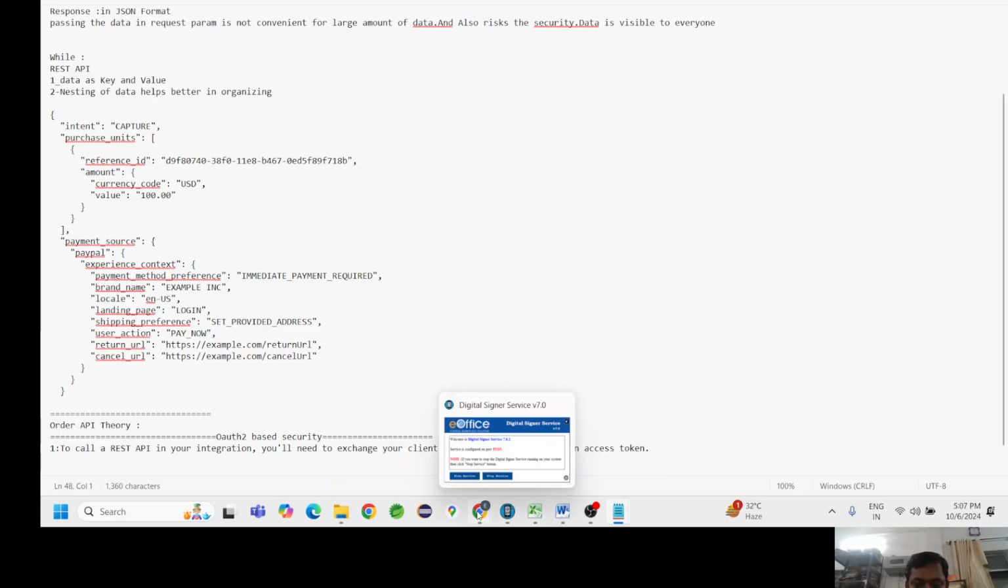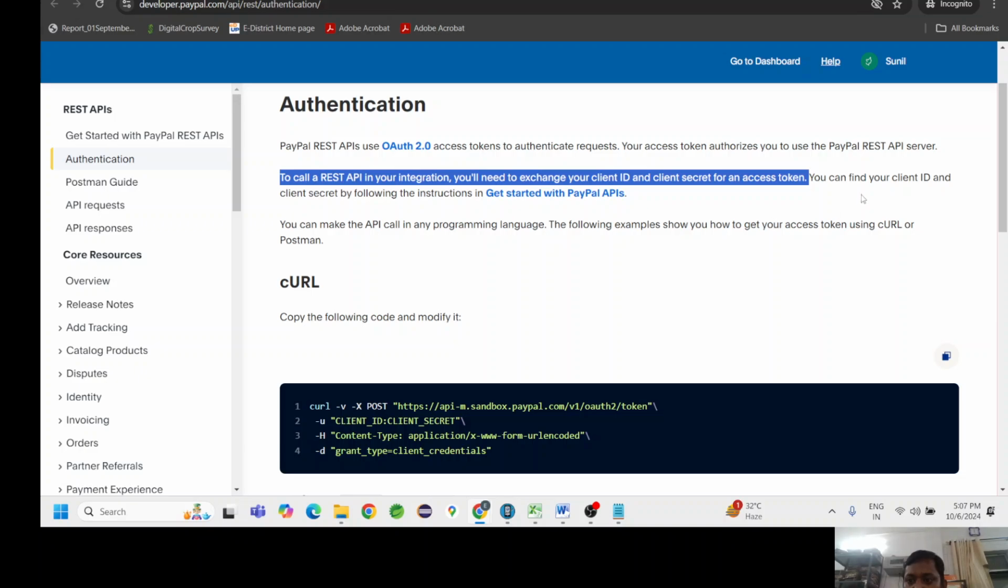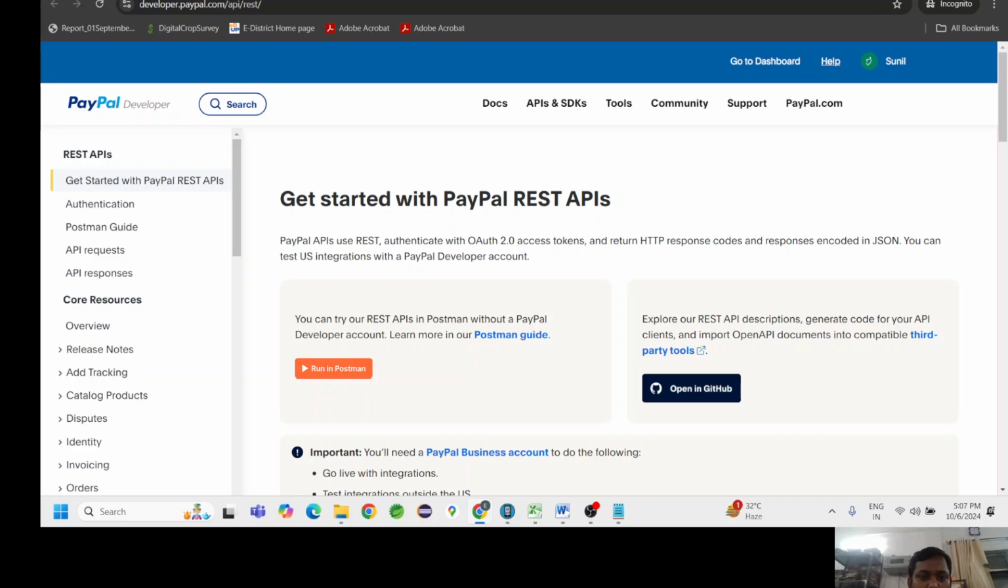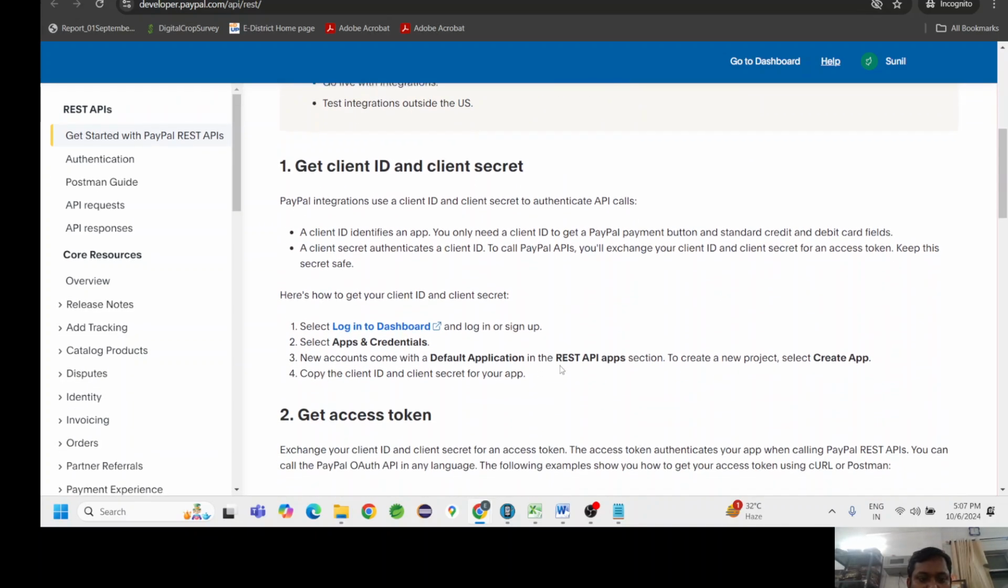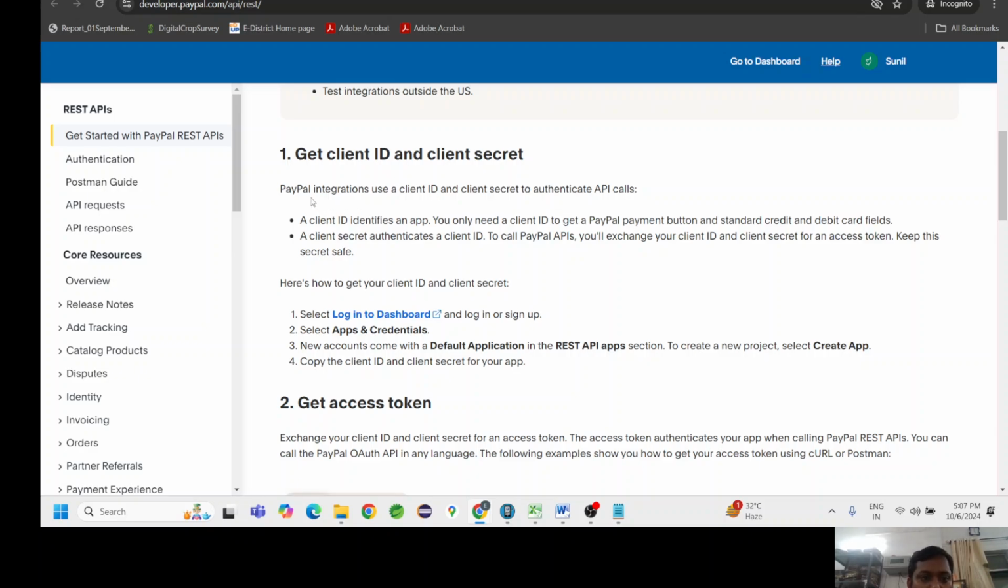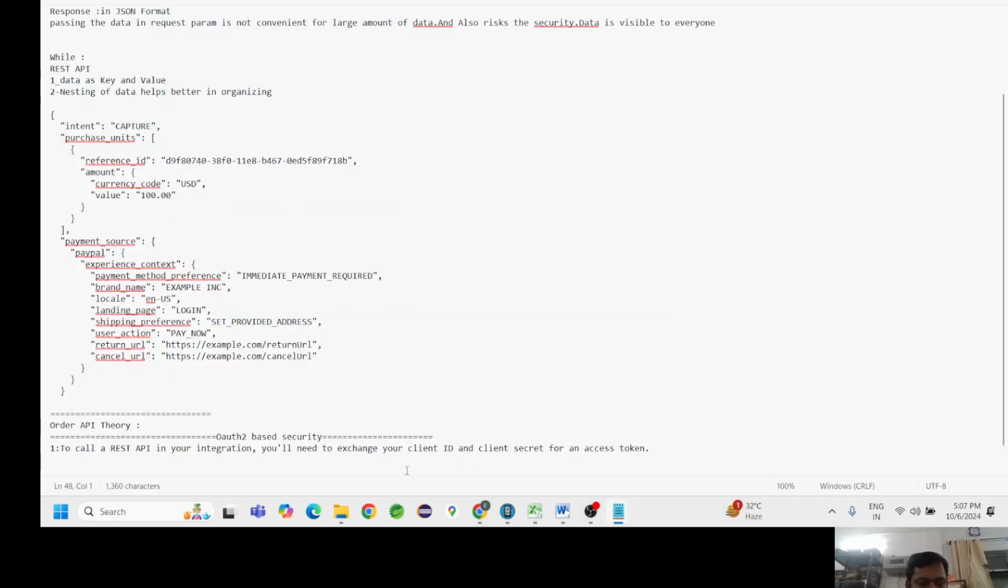Correct. Now you can find your client ID and client secret by following the instructions. Get started with the PayPal API. Okay. Now you can make an API call in a program with the following example. So first, how to find it: the PayPal integration uses a client ID and client secret to authenticate API calls. Okay. Now, first step is